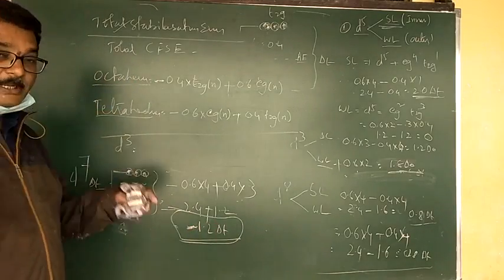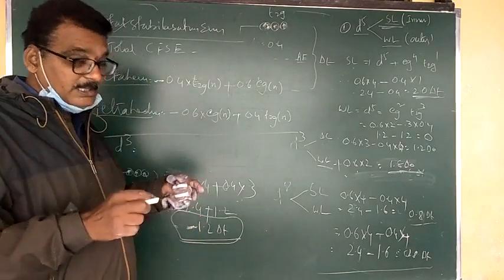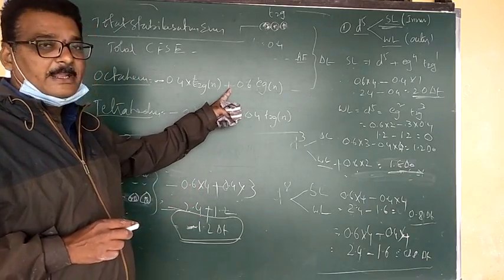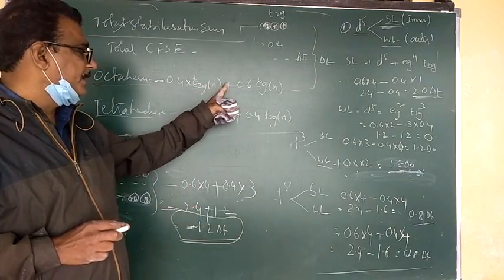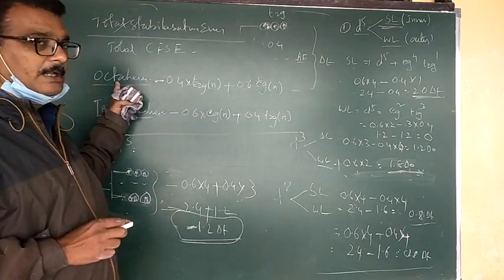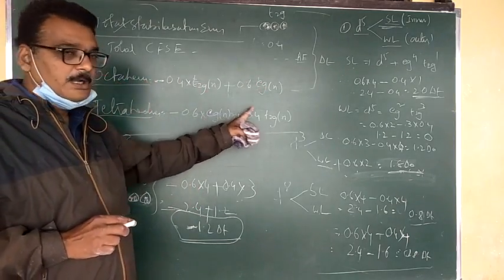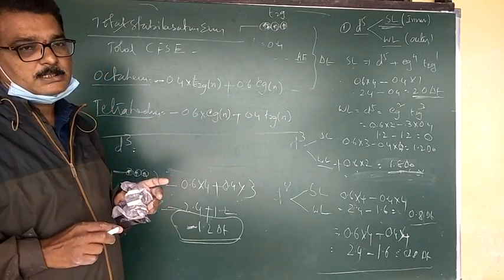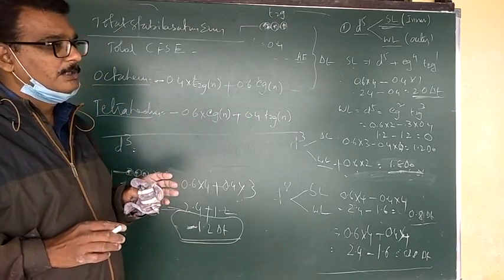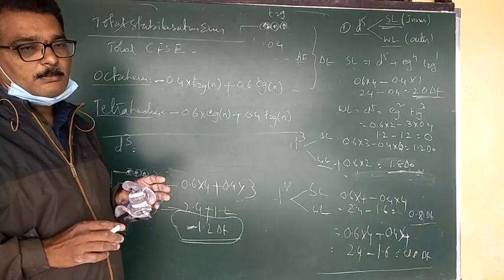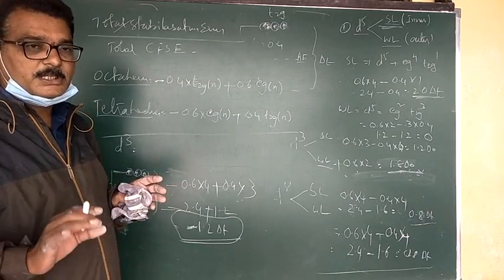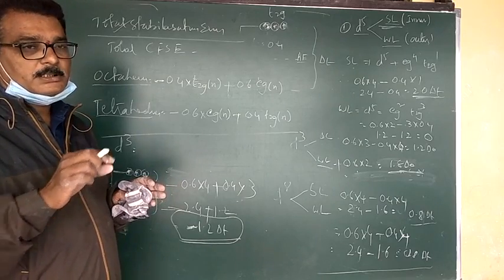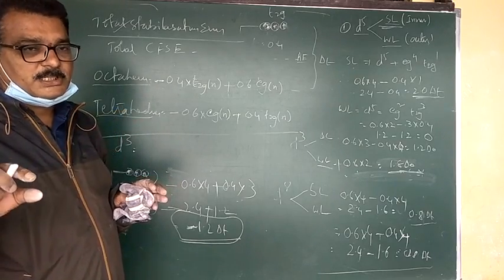The sign is there in the total stabilization energy. Total stabilization energy means adding the number of electrons in T2g and Eg for octahedral, and the number of electrons in Eg and T2g for tetrahedral complexes. So this is the calculation of crystal field splitting energy for complexes. Second, total stabilization energy. Third, the spectrochemical series is important.